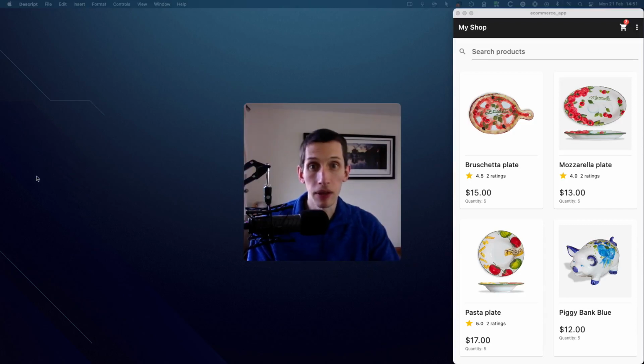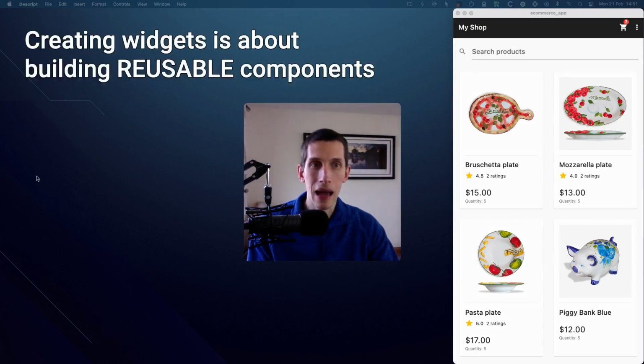Now that we've spent a bit of time with the widget inspector, I'd like to give you a better overview of the design principles that I've used to create all the widget classes in this project. And perhaps the most important thing is that when I create a new widget in Flutter, I like to think of it as a reusable component that I can use not just once, but potentially in many different places in